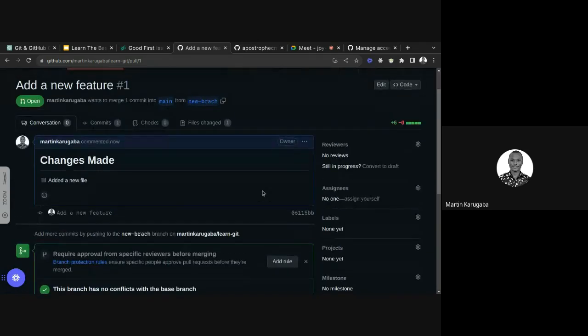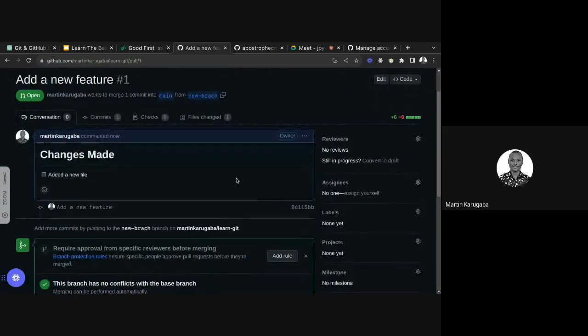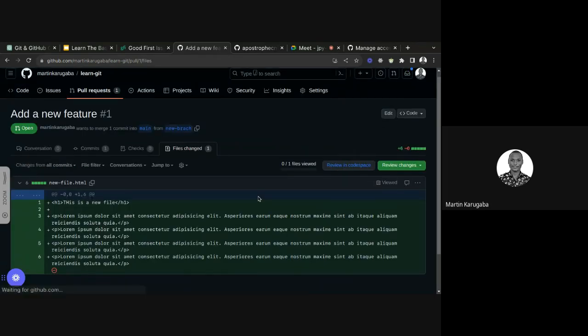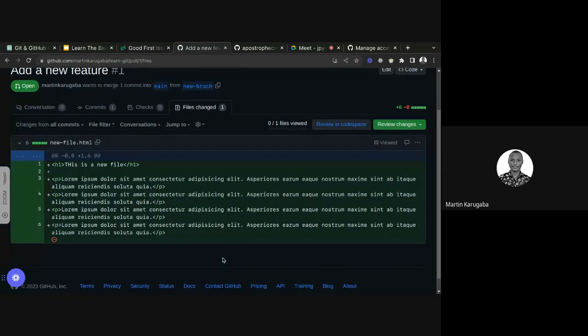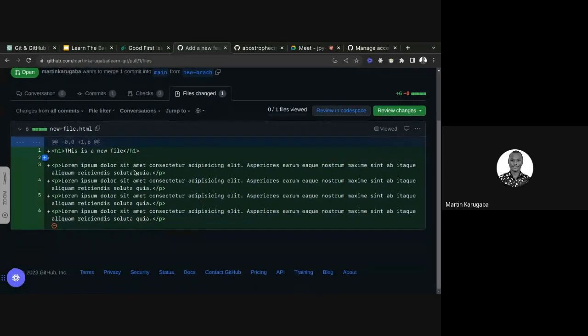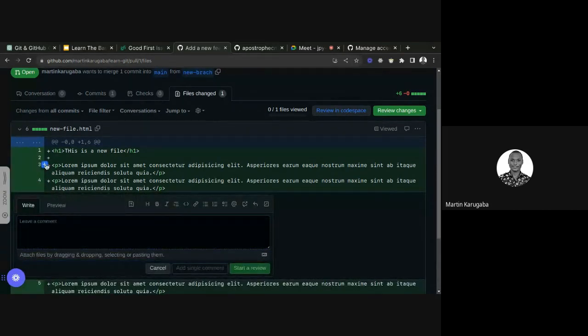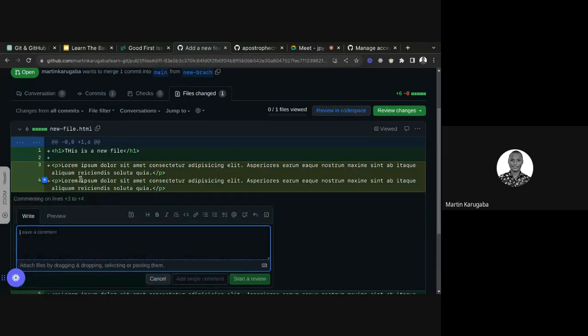So when you make a pull request, the person that you have assigned as a reviewer will come and check which files have changed. So you remember when I said that you can make code reviews on GitHub? So I'll come here and be like, oh, you made these changes, added these files, and removed this. Then if this person verifies that your changes are okay, he will merge. If not, you could even add a comment here